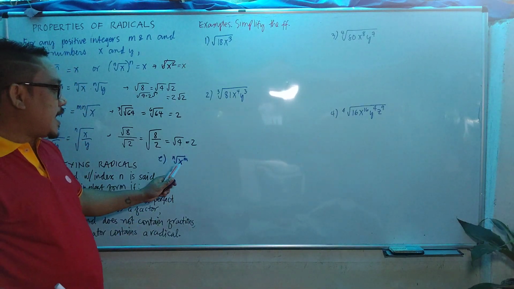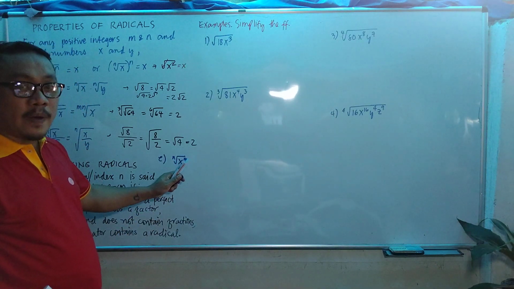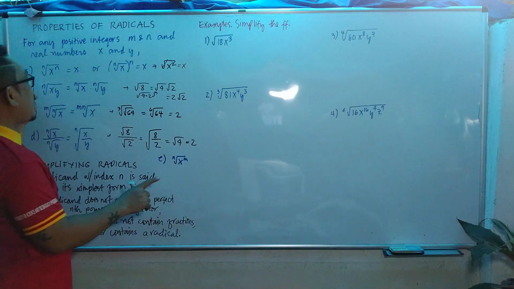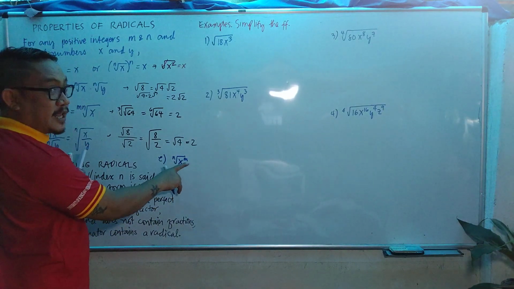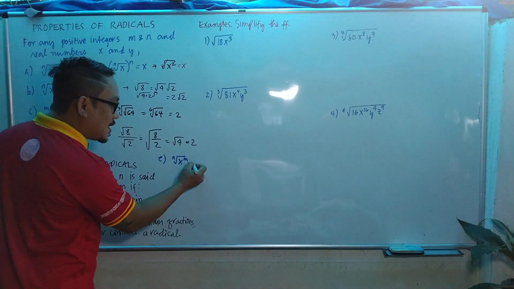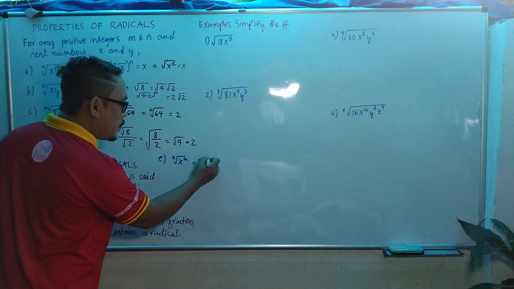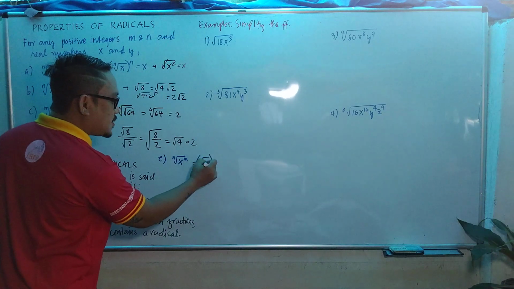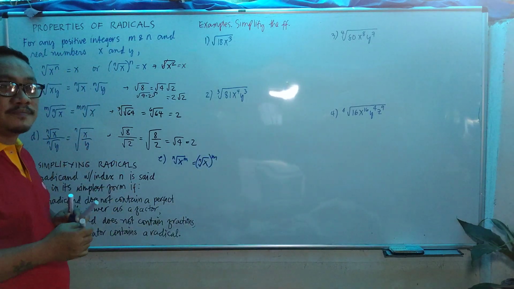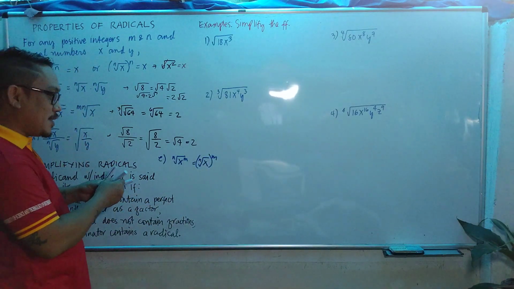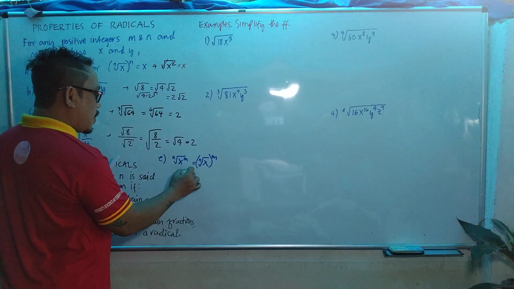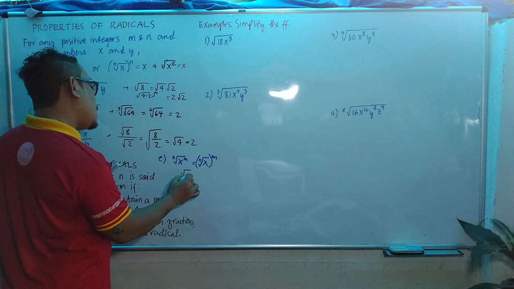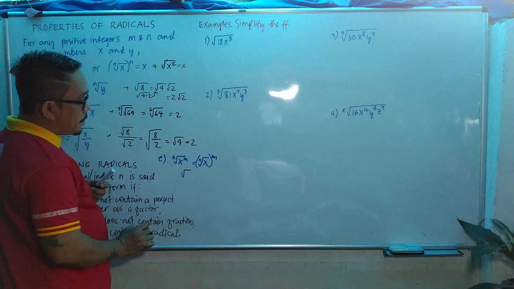In letter A, the index and the power inside the radical have the same value. Here they are not, so we can simplify this by copying the nth root of x, then raising it to the exponent m. For example, the square root of